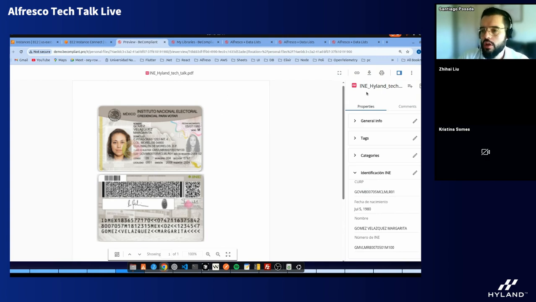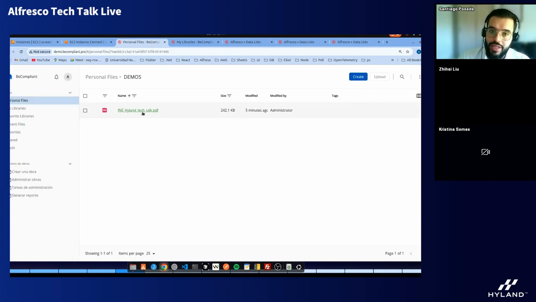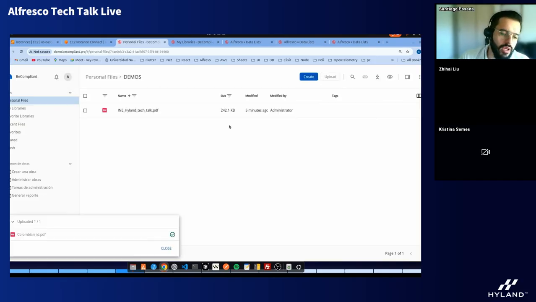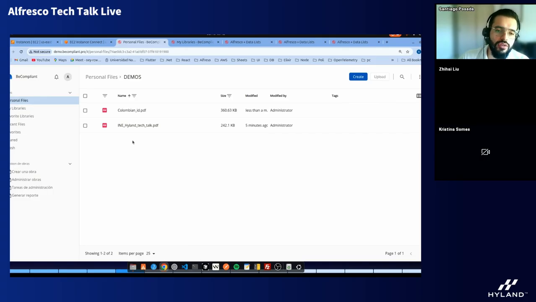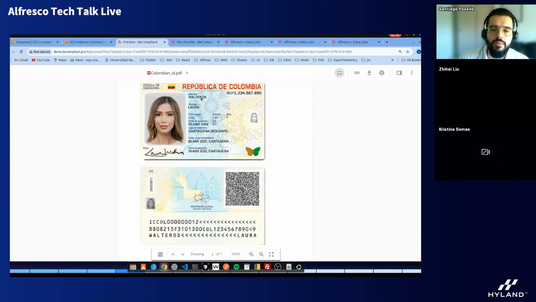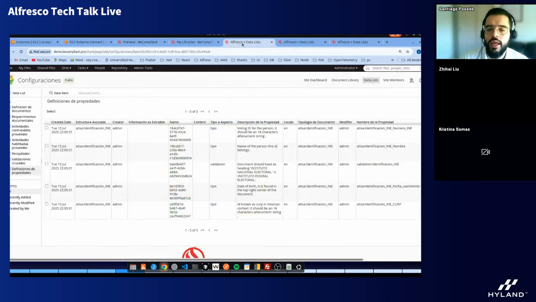And what I want to show you right now is that the validation, the assertion, works as expected. For example, we have another example here. We have a Colombian ID. So for instance, if a provider, in the context of our customer, mistakenly uploads the document that is requested of him, we can validate that based on the assertion. So here is a completely different ID. This will be a Colombian ID, but it doesn't contain in the header of the content what we expect to find. So if we review in the data list, in the validation property that we define that won't be bound to the content model,